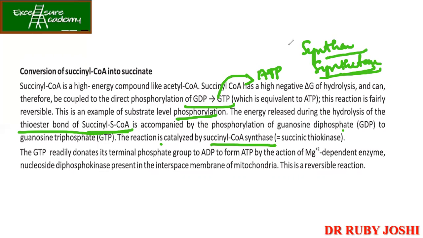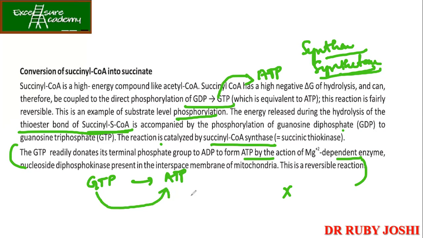Now the GTP readily donates its terminal phosphate group to ADP to form ATP by the action of an NDP-dependent enzyme. Even though we say that GTP is formed and it is equivalent to ATP, it is not direct. This is how it is forming. How? The phosphate group from the GTP is transferred to the ADP